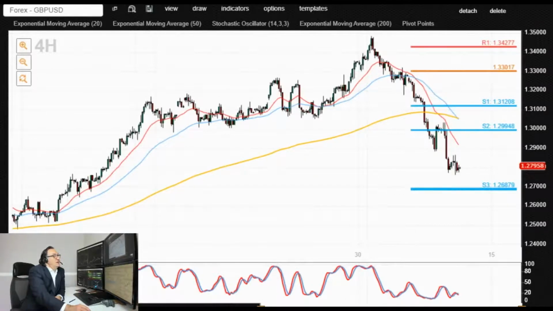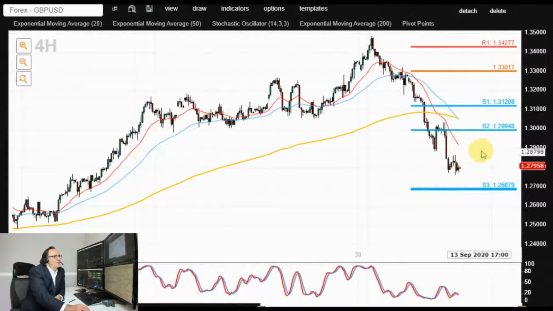Cable looks more bearish. Cable, or sterling dollar, was going sideways as well, and then we saw this massive breakout higher towards the 1.35 area, and then the Brexit news came into attention again, and we saw this massive corrective move lower. Key trading level going forward is at 1.29. Bears appear to be in control below that level.